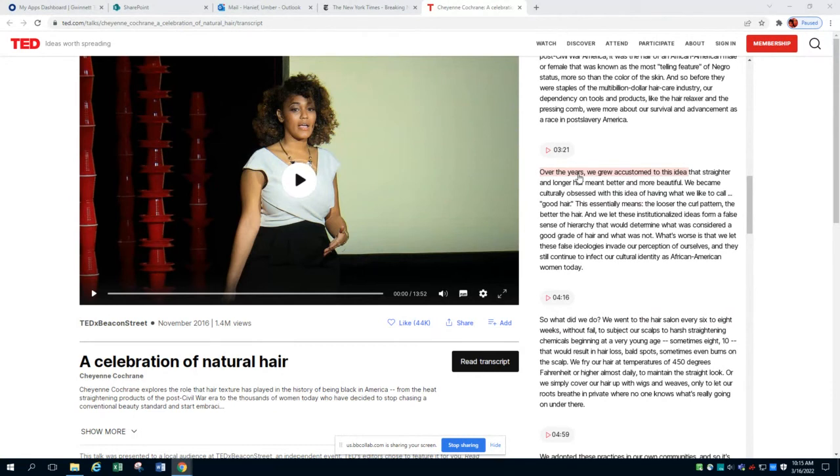The words we choose when we write are very important. Remember, as the writer, it is your job to hold the reader's hand and take the reader from your idea to your next idea to your next idea. It's your job as the writer to do that. She's the writer. What is she doing when she says over the years? Why is she using those words? T. Kim, you're saying she wants to contrast? Contrast what? Contrast means difference.